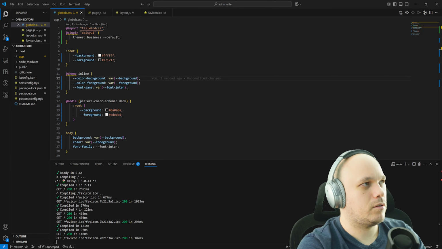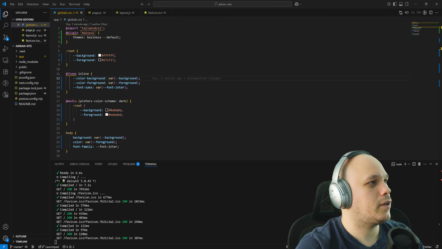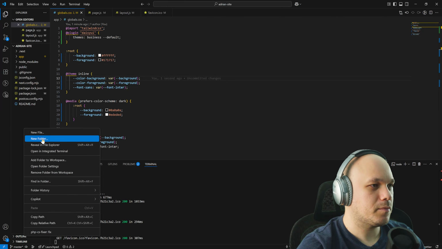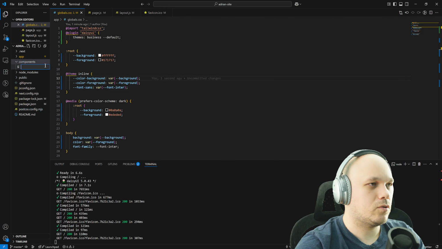I add a component. Okay, so it says that I should add in the main directory. Okay, let's create a new directory in the main called components, and inside of this I'll create a new file called